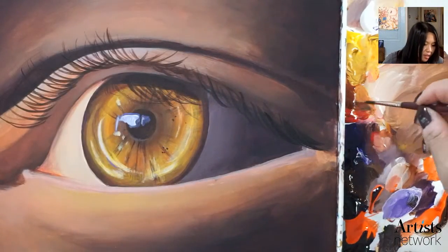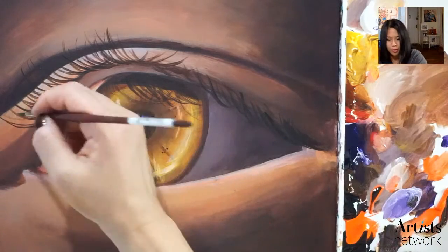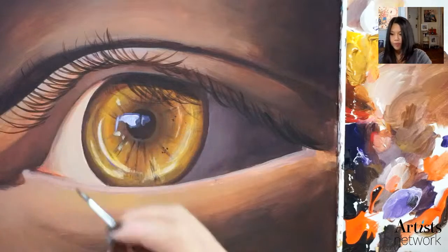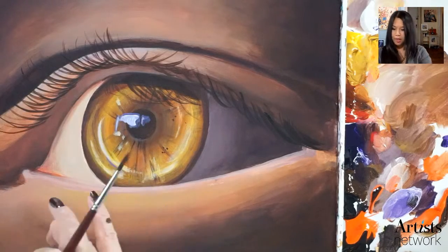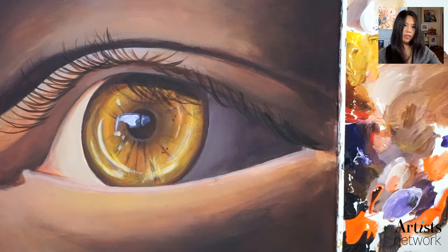I'm going to take a little bit of brown and some sienna, and I'm going to do ones that are just a little bit lighter this way. Okay, and so the bottom lashes, the bottom line of lashes, we're going to make them lighter. So I'm going to clean my brush a little bit,